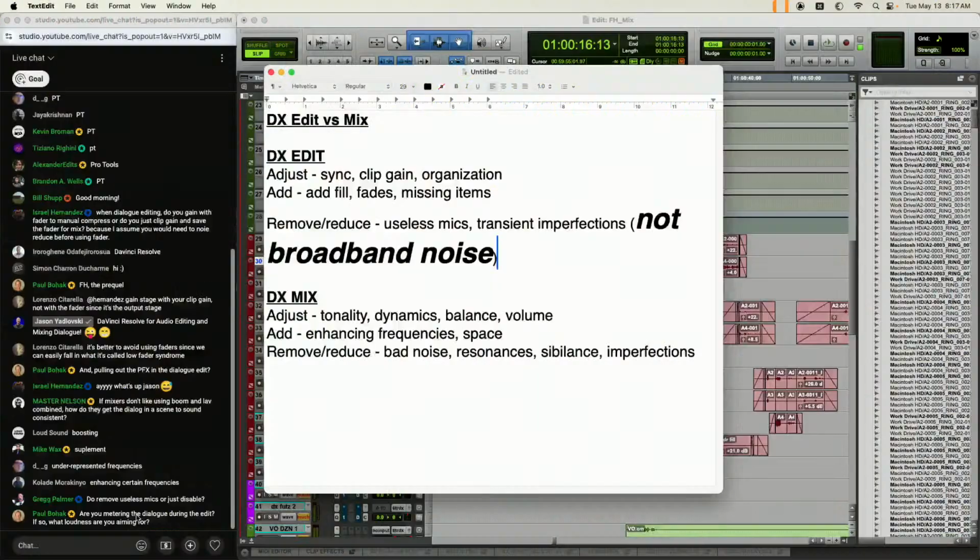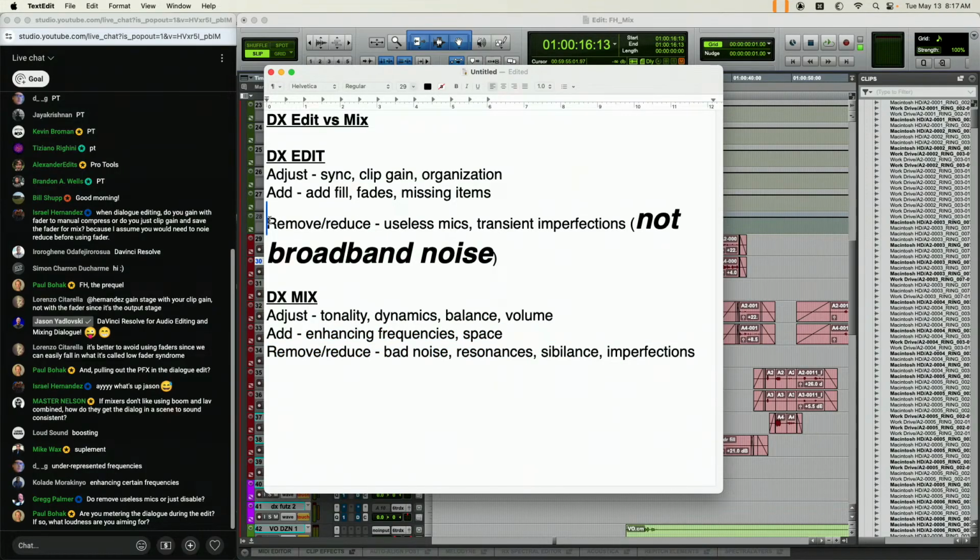But what you don't want is to have one scene be like -15 and one be -40, and have a huge dynamic range, because that is difficult for viewers to listen to. It also makes mixing way harder because the mixer is having to fight the noise floor instead of doing the good creative mixing stuff.